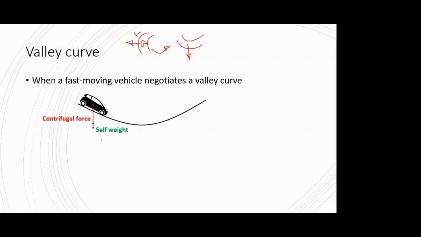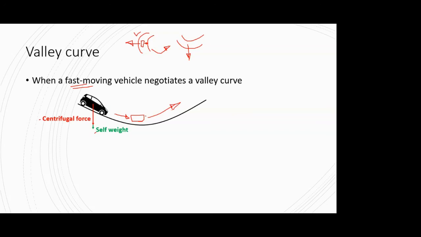Now in this case, if you have a centrifugal force as well as self weight, both the forces combinedly are acting in the same direction, so that will give some more additional pressure on your shock absorbers and ultimately on your tires. Okay. So it may happen that if your vehicle is a fast moving vehicle, you feel a kind of discomfort when you reach the lowest point of your valley curve. Because we are not stopping our vehicle on the valley curve or at this lowest point itself, we are going to travel down the curve, go to the lowest point, and then we are again going to go up.